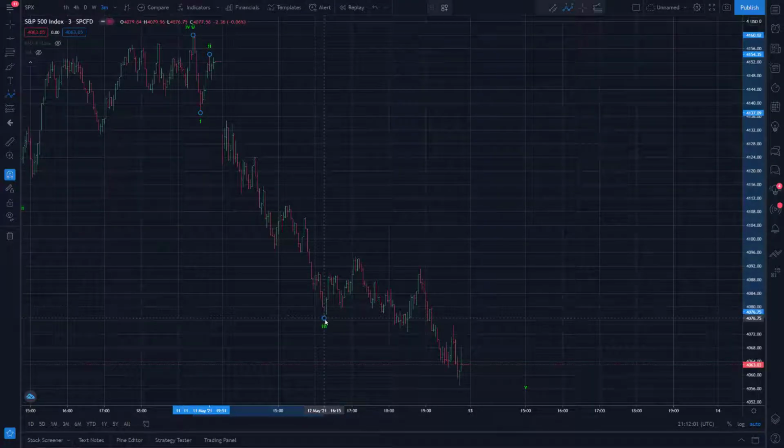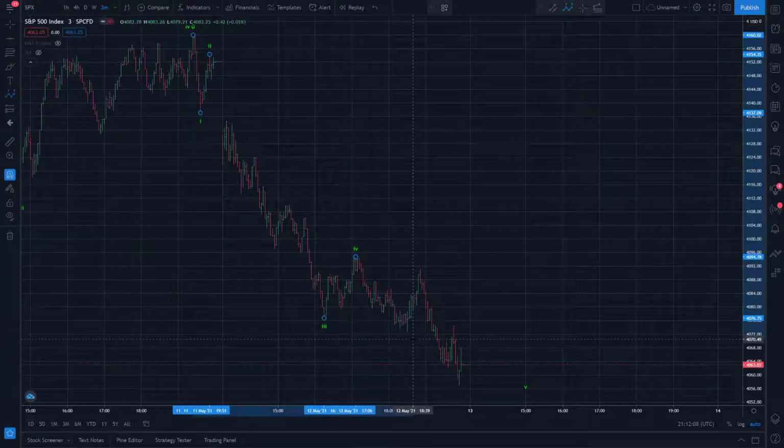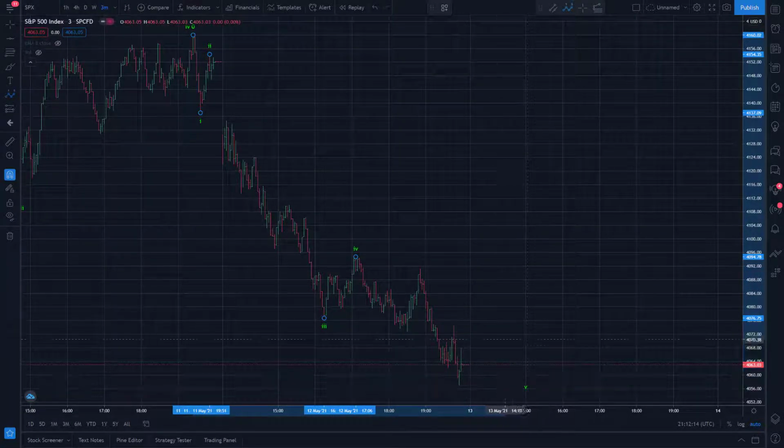So 5 of 3. That's obviously a 3-wave move up, ABC up for 4. And then we got a 1, 2. Looks like we're in 3 in progress. Probably need one more little bounce up and decline back down.